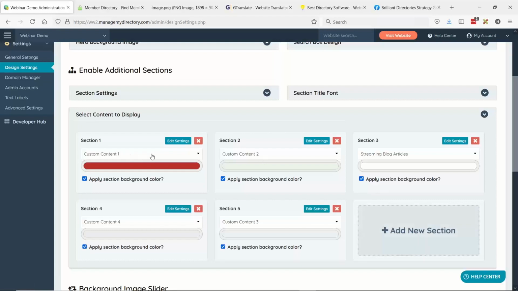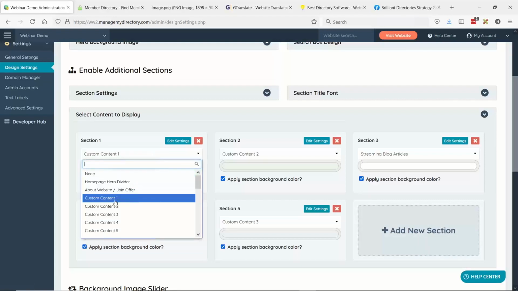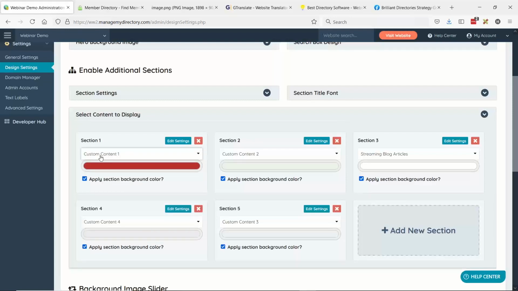But what you have here in the drop downs is you can have custom content 1, 2, 3, 4, 5. So you can have up to 5 pieces of custom content on your homepage by default. Custom content 1 is going to be what it was always, the custom homepage content. So if you had custom content on your homepage prior to this, custom content 1 is that slot for what was there before. So what we've effectively added is 2, 3, 4, and 5 now. So all you would do is just select what you want. For example, custom content 1, custom content 2.